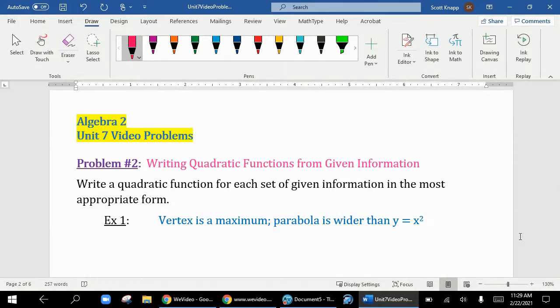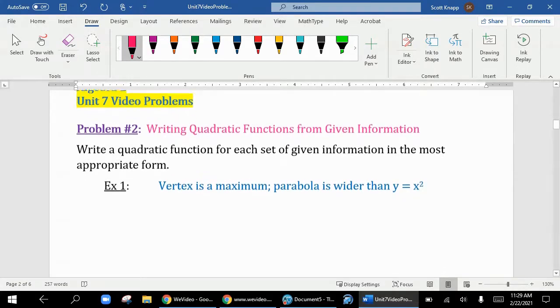And in this video, we're going to look at writing quadratic functions from given information, both looking at the information that we're given, picking an appropriate form, and making sure that we have a function that meets the conditions that were listed. Okay, this is a pretty quick video, but we're going to look at 3 examples here, starting with